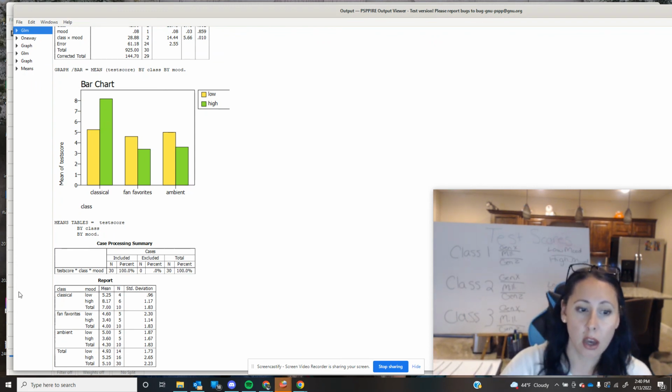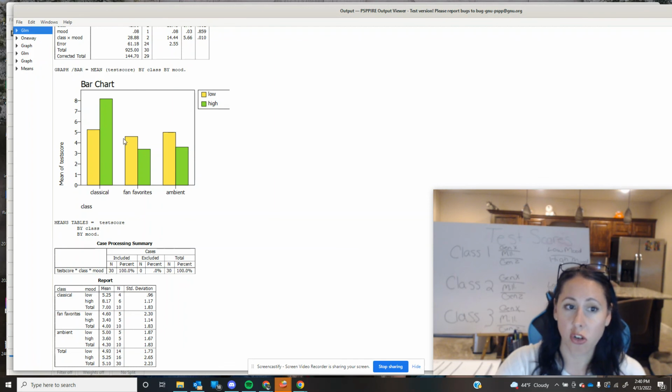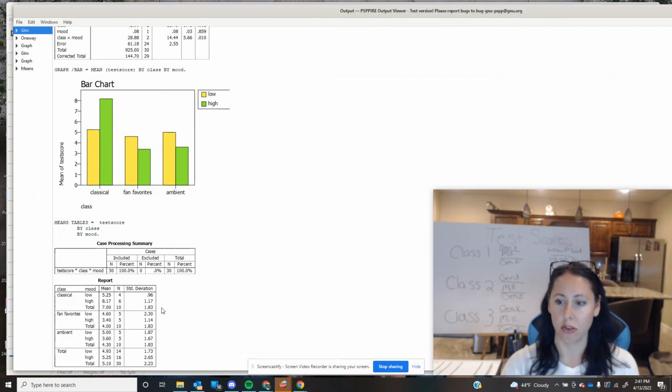And so now looking on here, we know our area of interest based on this chart, based on what we already knew about our data, was probably going to be this classical music group. And now is where we see, okay, there is this interesting relationship, in that the impact here for students who entered into the room in a good mood with a high mood seems to be very different than the other students in this group. And that is the basics of how you do a factorial ANOVA and how you can